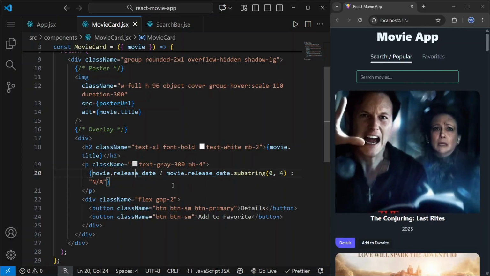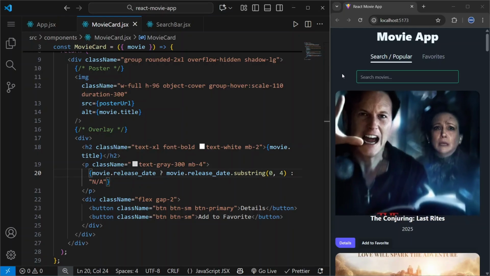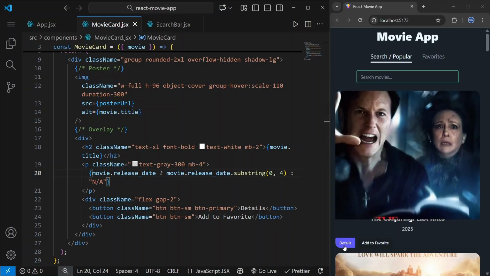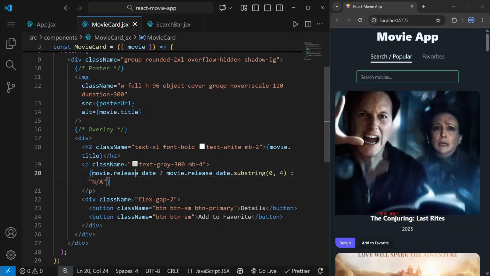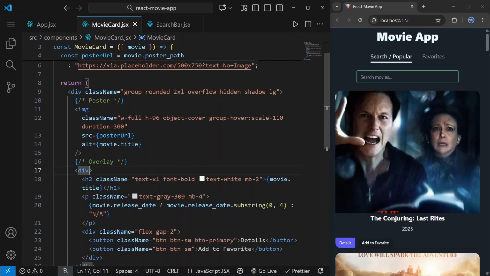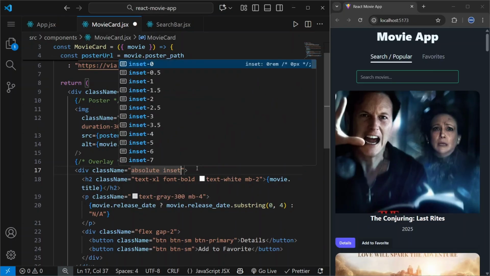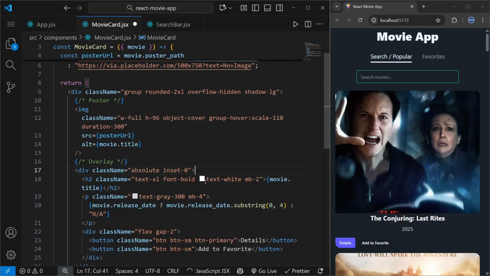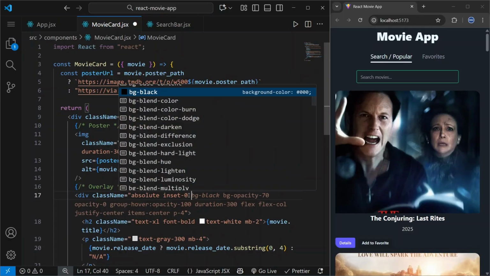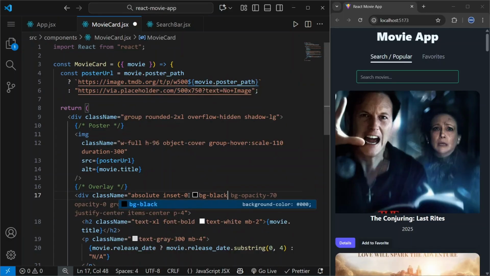Okay, so we want to see only the image. And when we hover this image, we want to see this title, then year, then these buttons. So for that, let's say that to this div, we want to say that it will be absolute and inset will be 0. Inset 0 means that top will be 0, left will be 0, right will be 0, and bottom will be 0. Then let's say that background color will be black with some opacity, and it will be